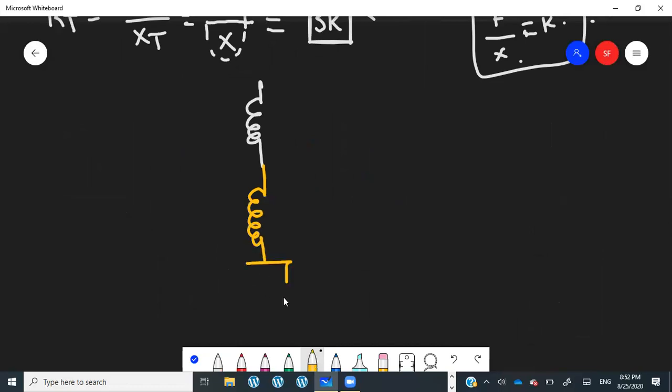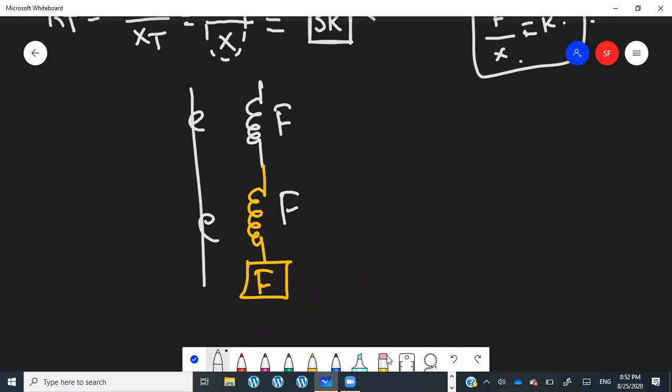So now in parallel cases, this is the force F. In parallel, the same force is being applied on both the springs, F and F. And their extensions are, let's say, if the force is F, the extension is going to be... I didn't take E as a variable over here, I took X as the variable. So if the force is F, extension is going to be X.